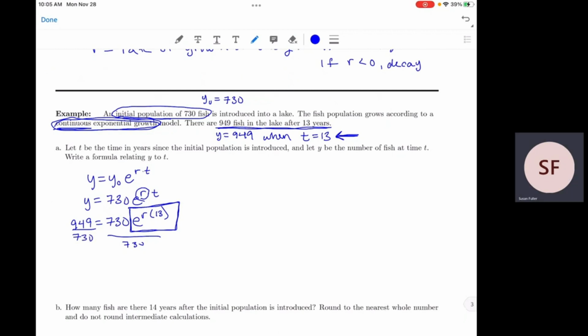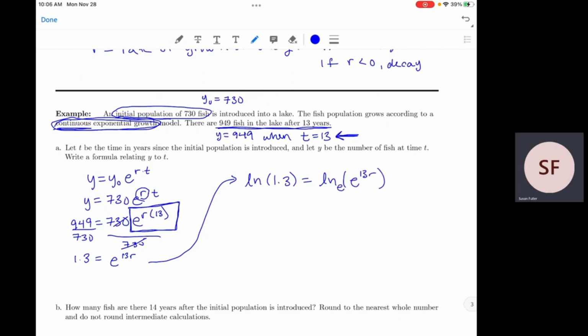949 divided by 730. We can put that in a calculator and you would get 1.3. The 730s go away and I have e to the r times 13. I'm going to write that as 13r because my brain likes that better. Okay, so now we have the exponential by itself. From here, to solve this out, we need to introduce a logarithm. You can choose any base you want. I'm going to choose log base e, or the natural log, just because it's going to make life a little easier to solve. So if I take the ln of both sides here,